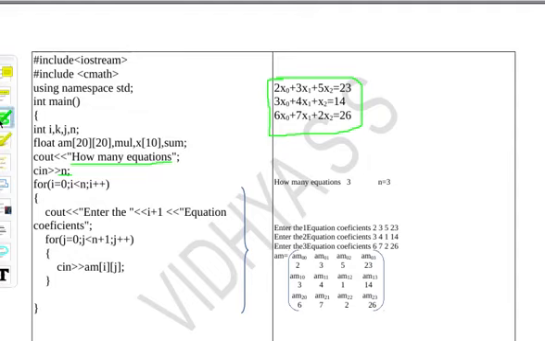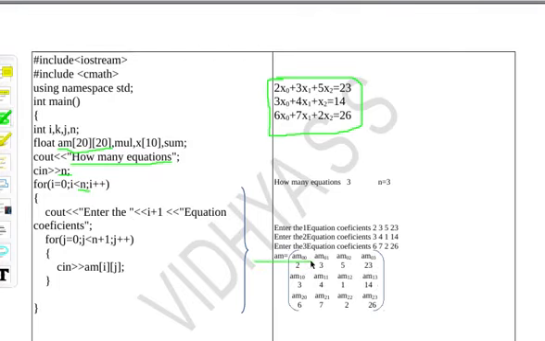Next I want to get the coefficient values, and using those values I fill a matrix AM[20][20]. This is the matrix I have declared for making the augmented matrix. The number of rows will be the number of equations. Now the number of equations is 3, so it will have 3 rows. So for i equal to 0, i less than n, i plus plus, each time ask the user to enter each row. The first row is filled with the coefficients of the first equation, the second row with the coefficients of the second equation, and the third row with the coefficients of the third equation.